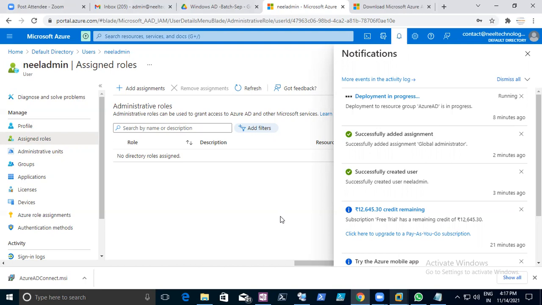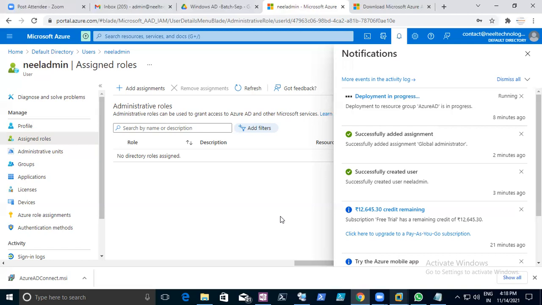Whatever your Active Directory users are in on-premises, all users can be brought here to Azure. That is what we are doing today. The on-premises Active Directory users that you created, we can bring them all here to Azure AD, from Windows Server 2016 to Azure AD, right?